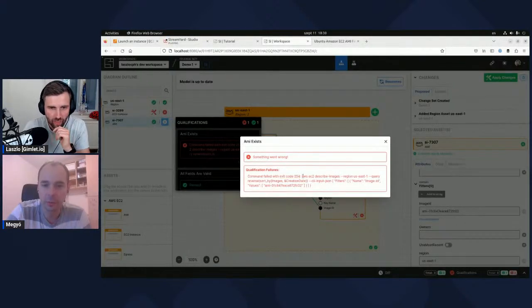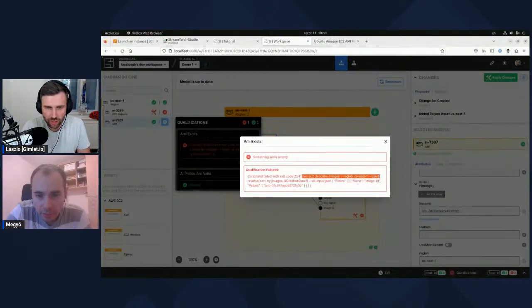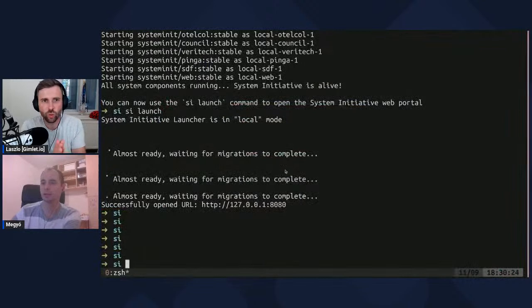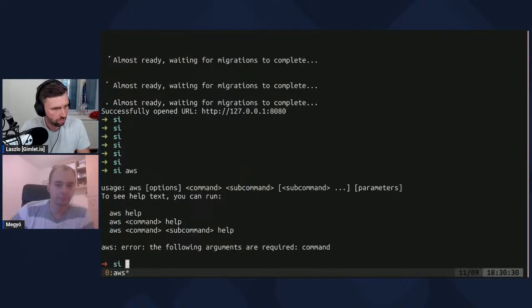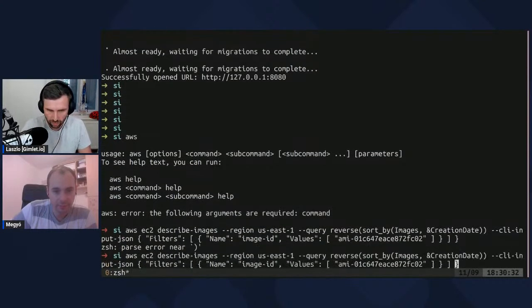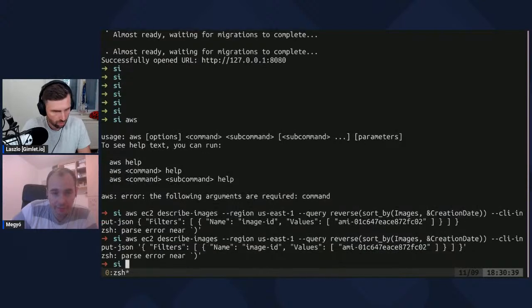But I'm wondering, so this is the AWS CLI command, right? Yeah. So how about I try to run this locally? Okay, let's try that. So I have a confession to make. I haven't used AWS for more than 2 years, so I doubt this works. Maybe. That's fine. Yeah, you should use some quotes somewhere, like single quotes.